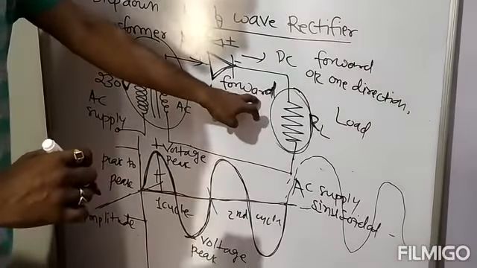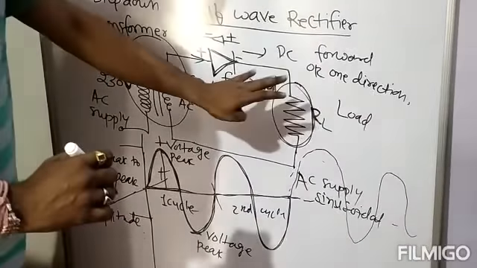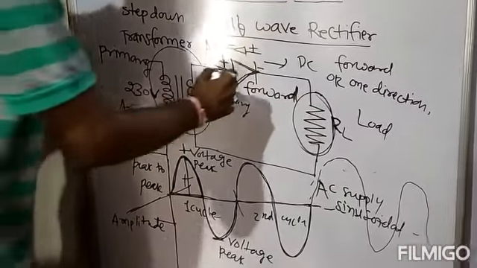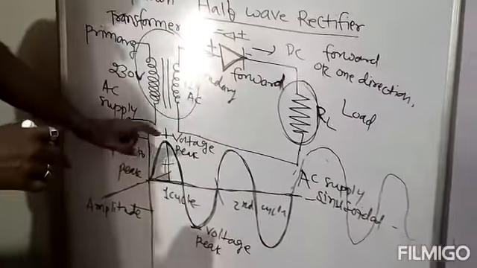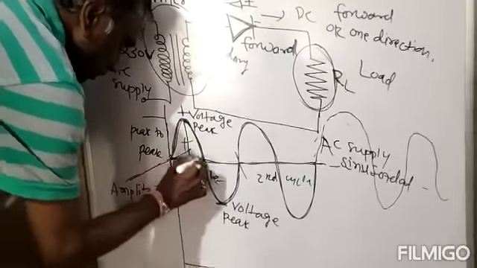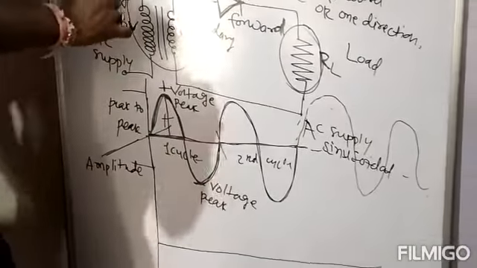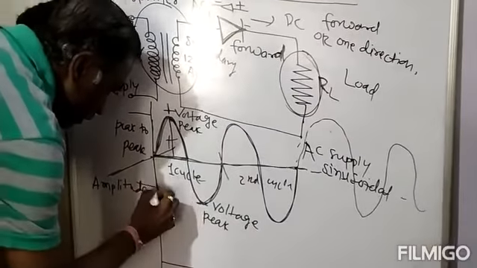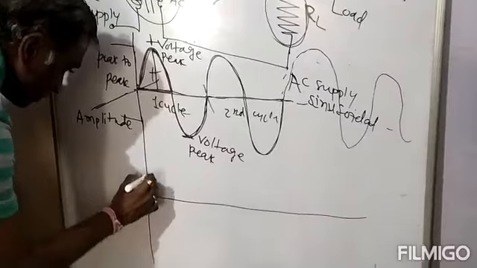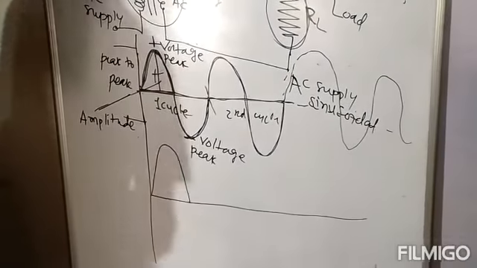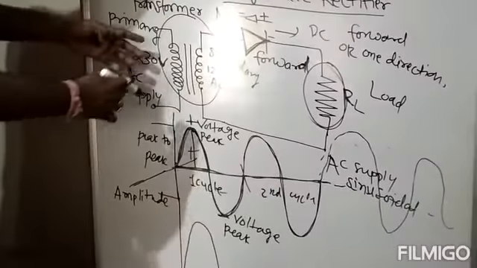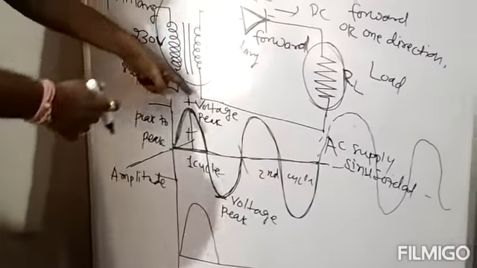now the diode is in a forward direction. I have already told you the diode conducts whenever it is in forward direction. So now the diode is in forward direction. For this half cycle, just listen here, the diode conducts. So I will draw here. Now again the polarity changes because the transformer changes the polarity depending upon the cycle.